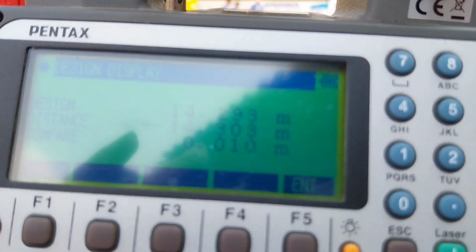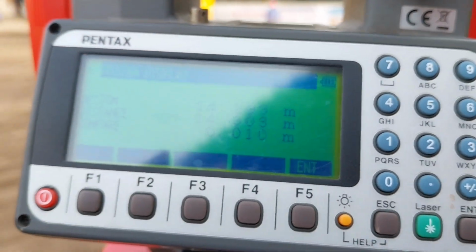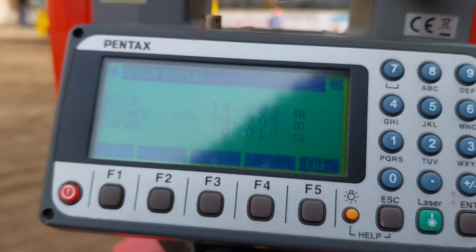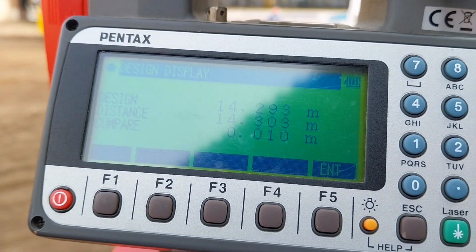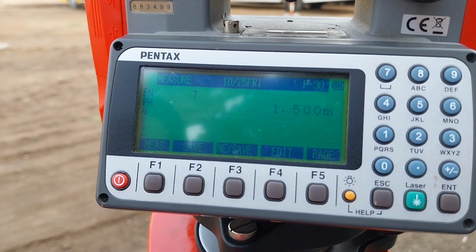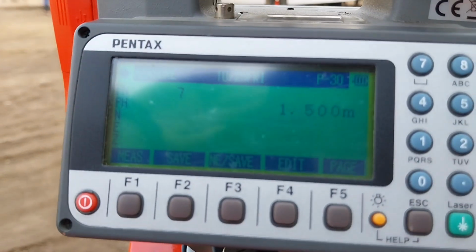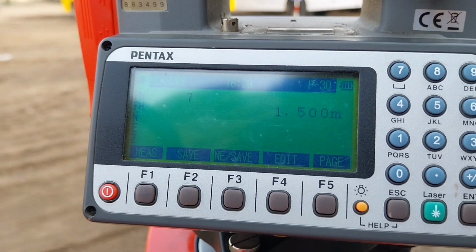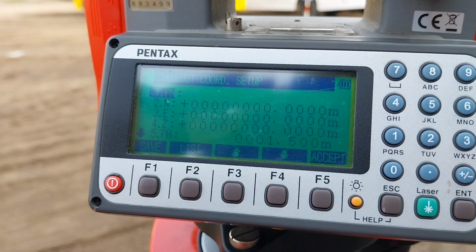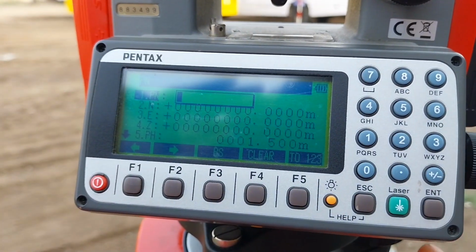The error is in mm, so this error is negligible. After pressing the enter key, you can see the display like this. Now go to stakeout, page, stakeout, and enter point number 7